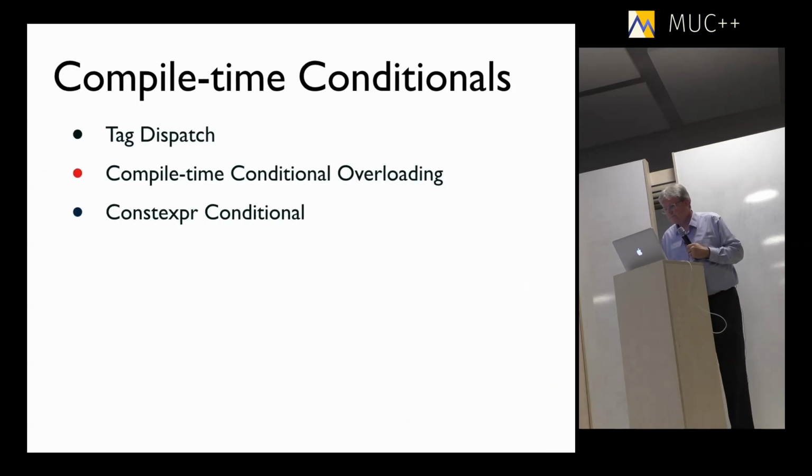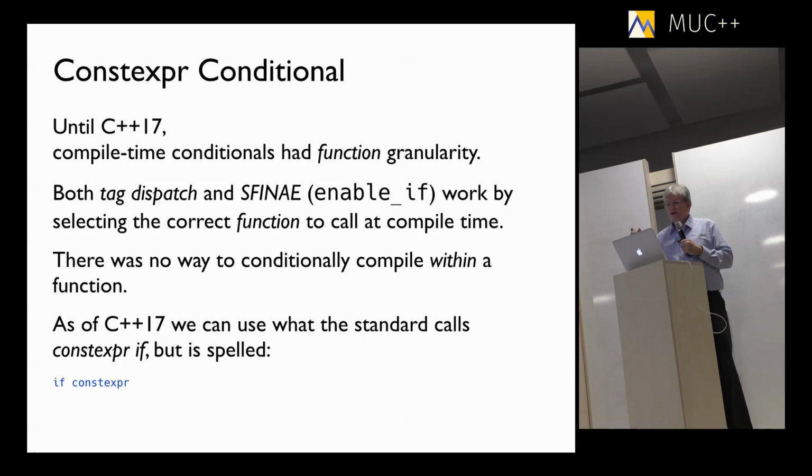All right. So now we're going to talk about, up until now, what we've been talking about, the techniques have had the granularity of a function. By tag dispatch, we dispatched to a particular function, and the overloading was overloading by functions. So anything you wanted to do, you needed to create, you know, this function will be called or this function will not be called. But in C++17, there's something new in the standard, which the standard calls constexpr if,